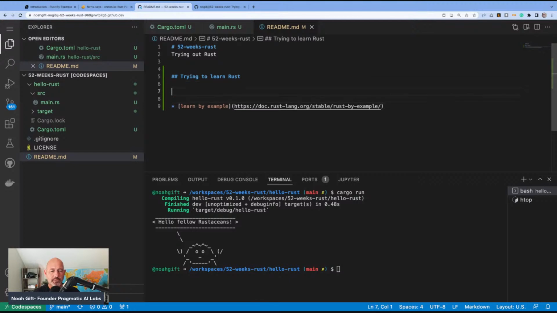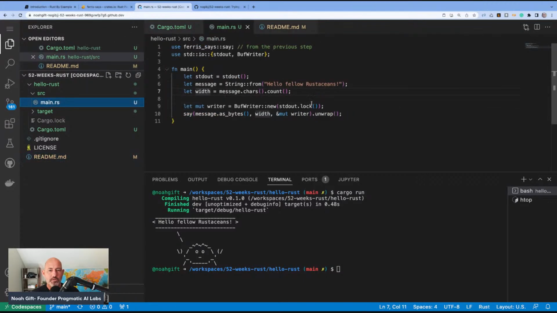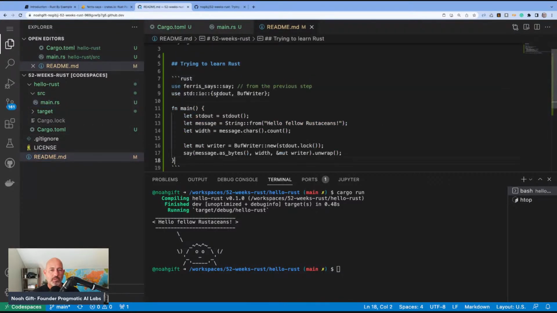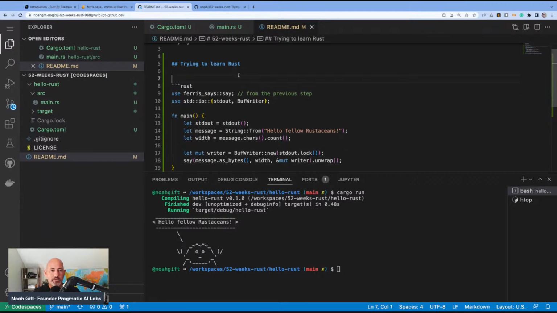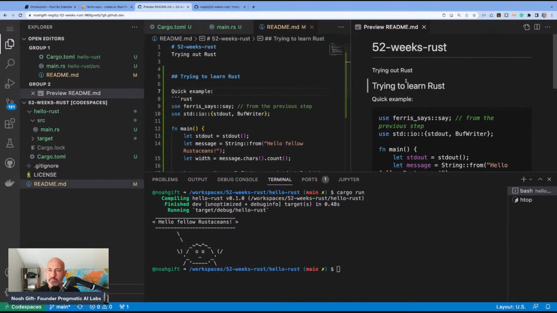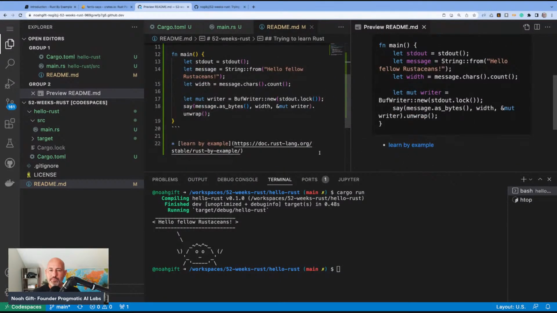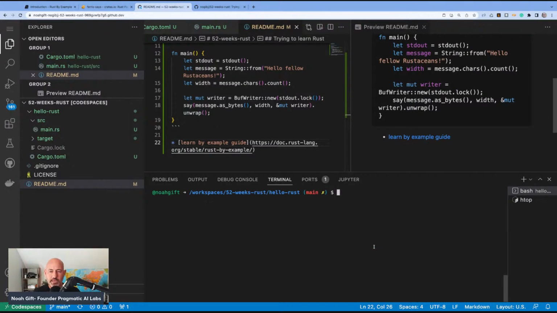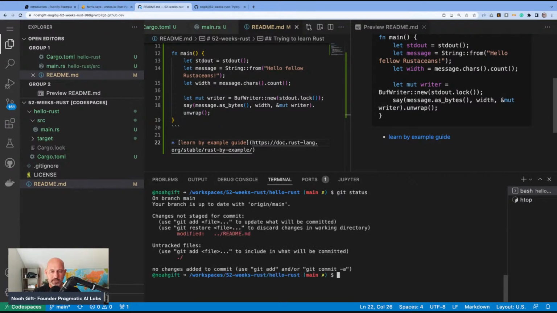We also could put in that we did do some Rust stuff, and we could say this was our Rust example. We'll say quick example. And if I go to the preview, there we go. Looks good. Learn by example, guide. And then I guess what I can do is just say git status and see that